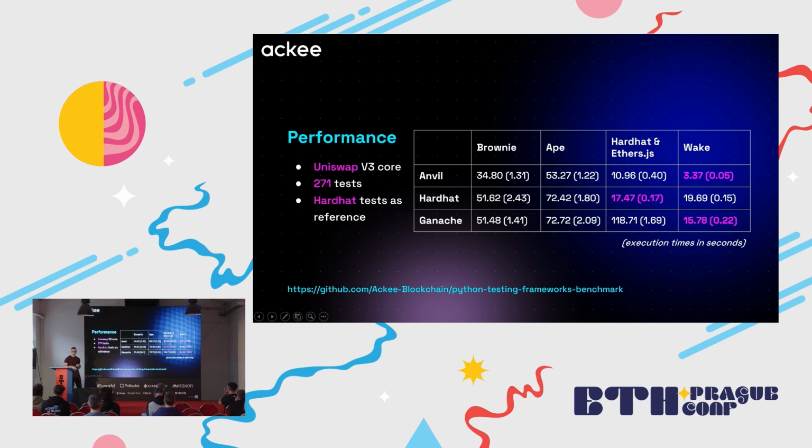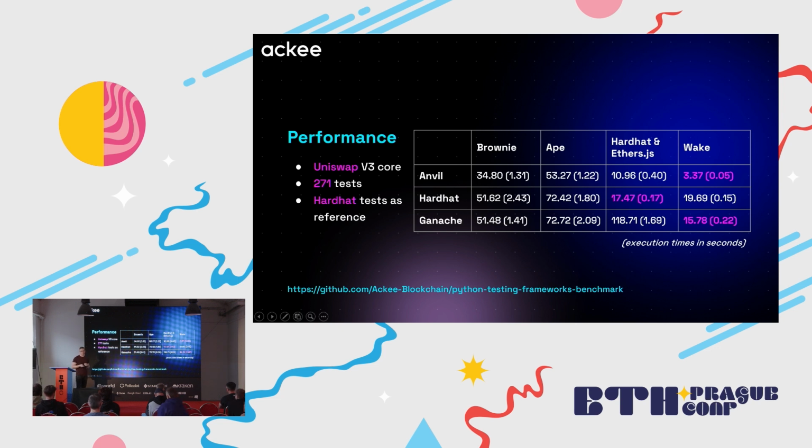And we've run all the 271 tests, and these are the results, how long it took to run all the tests. And as you can see, it's not only Python, but it's how you use Python. So Wake was quite fast, especially with Anvil. It also shows that Hardhat was quite optimized for the Hardhat node, obviously, but well, Python still can be quite fast. But that isn't enough, in my opinion, because there's Foundry missing, for example.